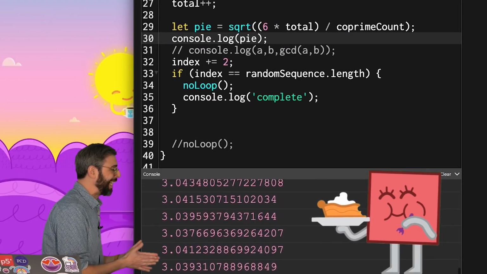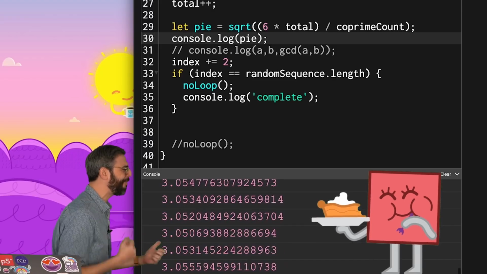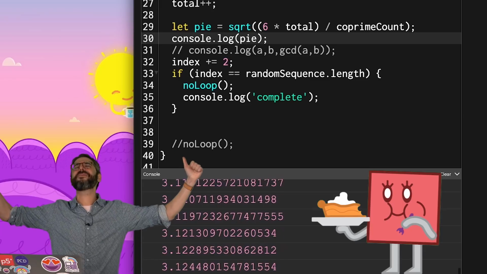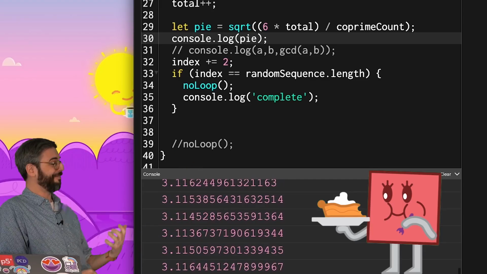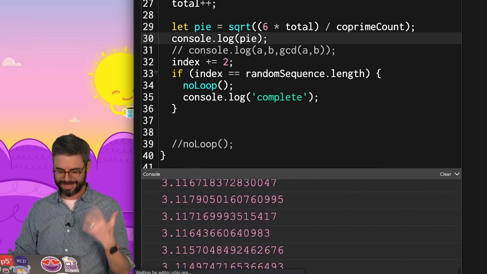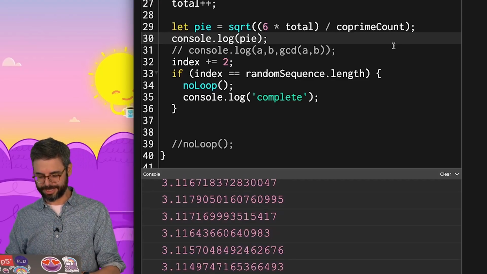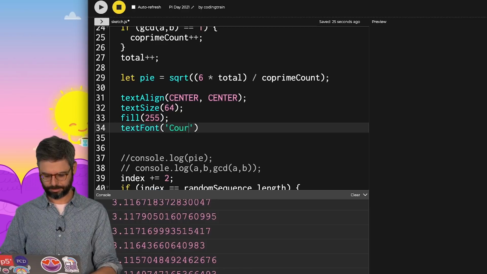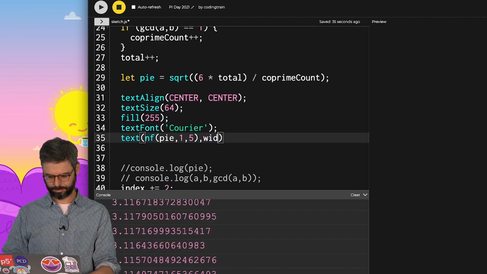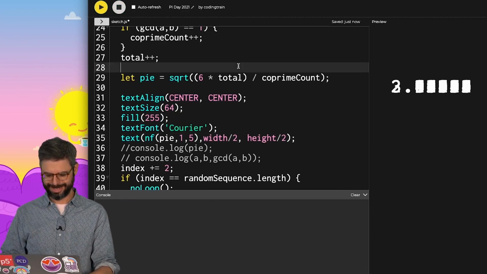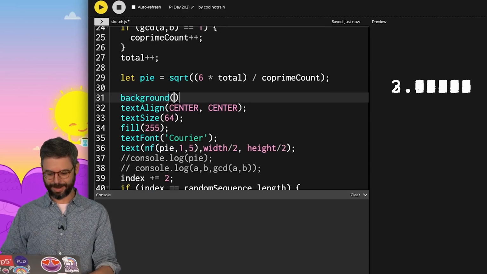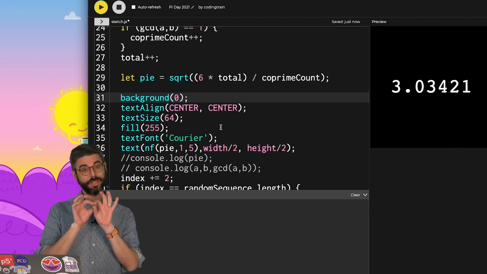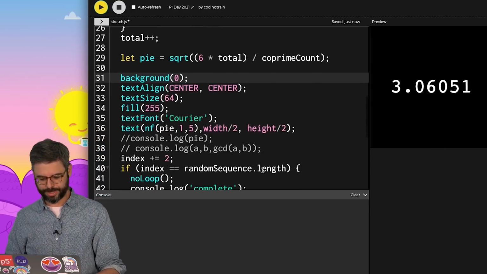Oh, it's getting there. Come on, 3.1. Show me a 3.1. Yeah, 3.1. Can I get a 4? Let's actually draw this into the canvas. Whoop. Erasing the background might be nice. And here we go. Let's also make a little progress bar so we can see how things are going.